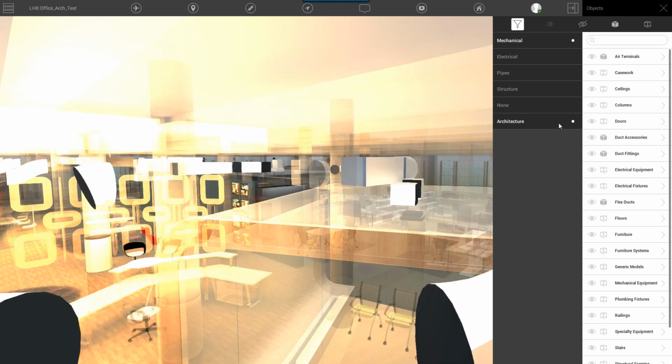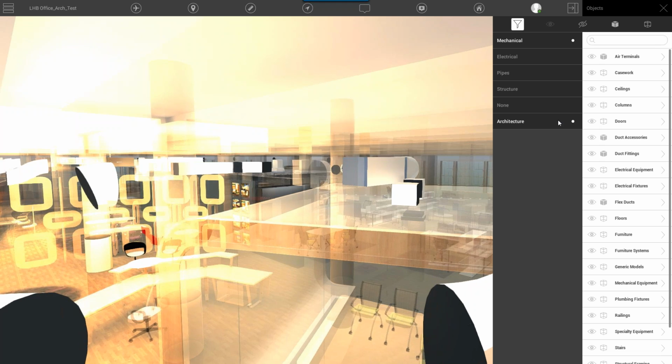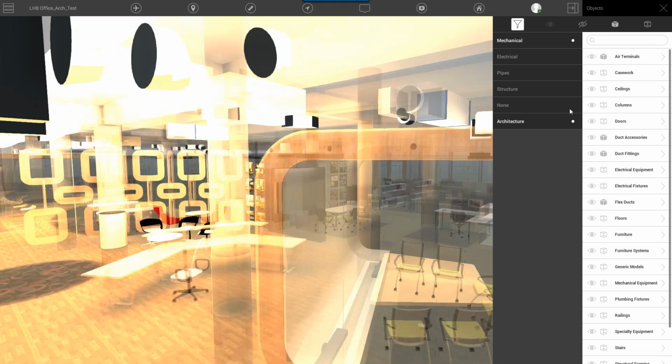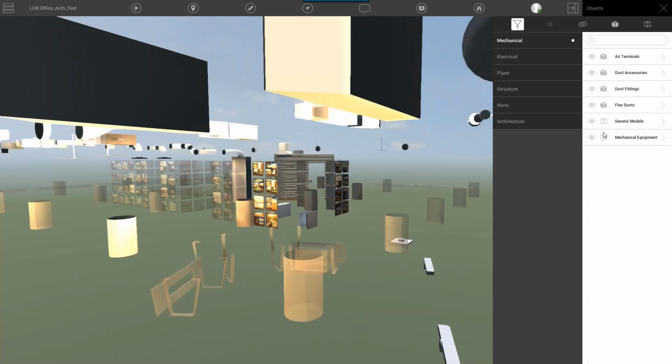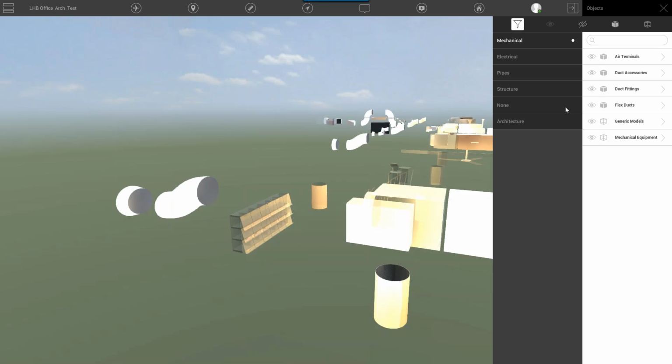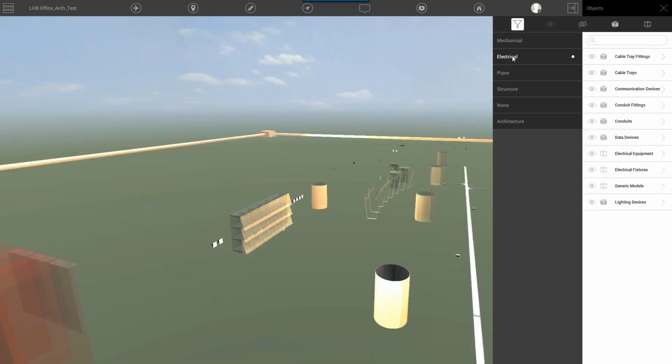Electrical, and let's say turn off the architecture. So you'll see all the mechanical right now. You can click on electrical, then it will show the electrical as well. I haven't played with this feature a lot. This is super cool. So here you can see our electrical panels with clearances.